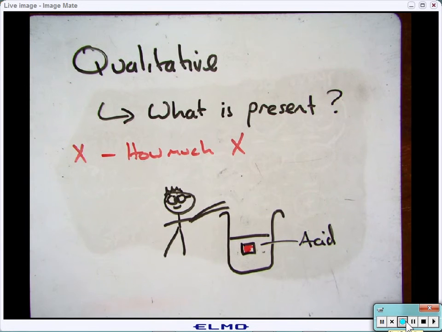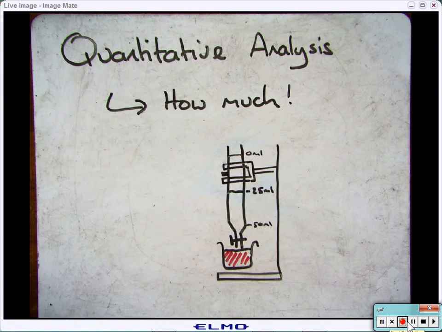So for example, litmus paper turns from blue to red in the presence of an acid. That doesn't tell you the strength of the acid, doesn't tell you the concentration and how much there is. Quantitative analysis, however, tells you how much there is. So that might be a titration, and it will tell you how much acid you need to neutralize an alkali. And from that you can work out the concentration, volume, etc., which is what you'll be doing throughout this